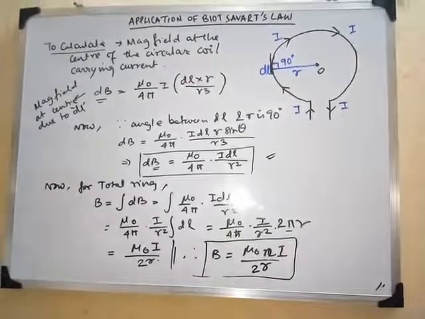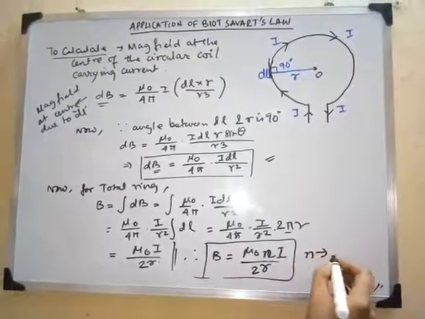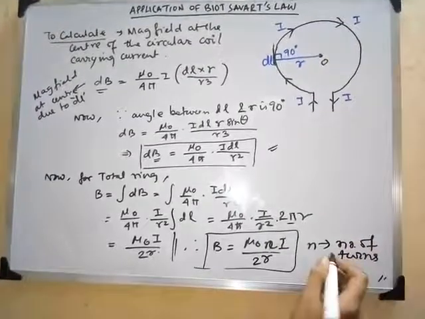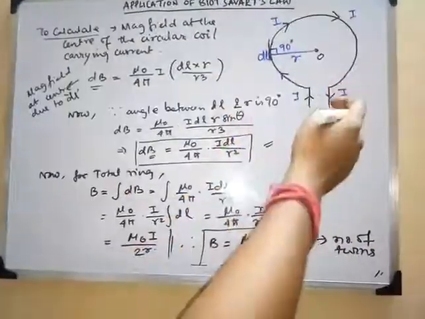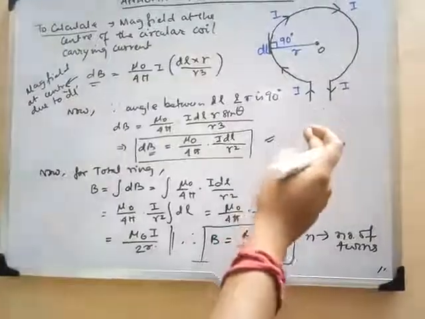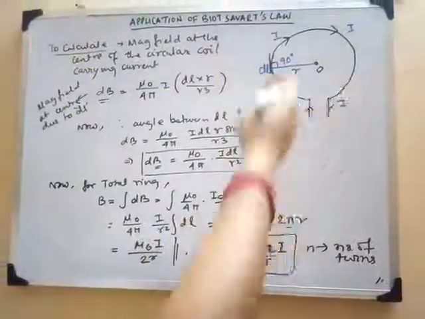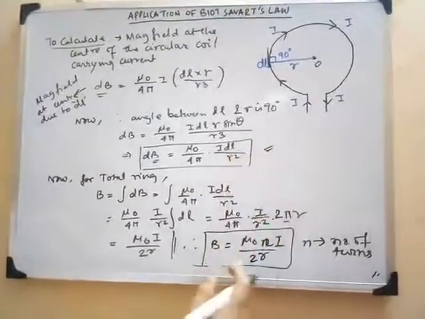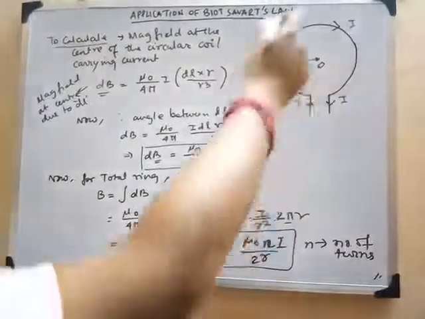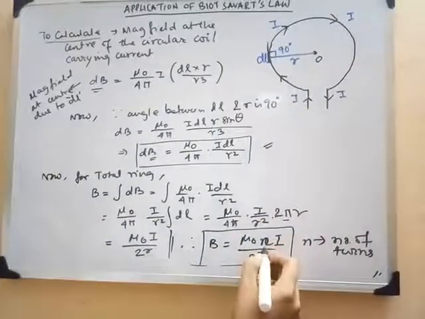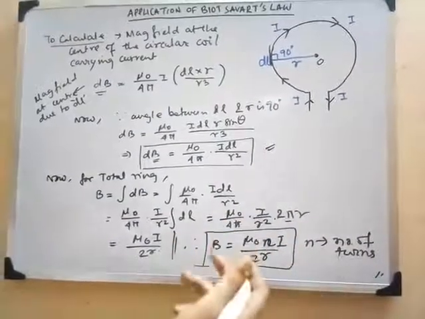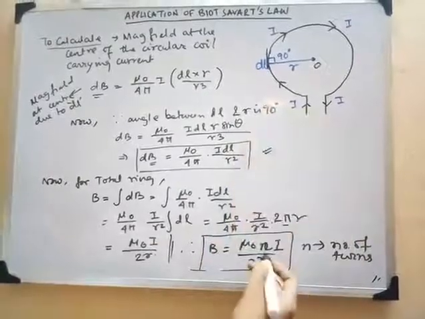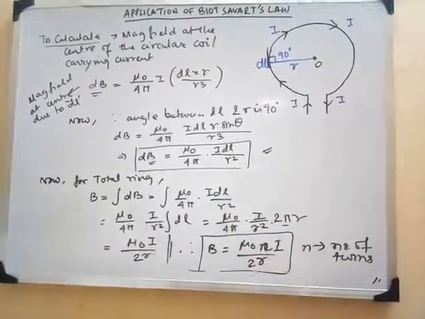Now what is n? You have to remember this, n is the number of turns of the circle. I mean, if this is one turn of the coil, it can be such that we have several turns in this coil also, like we used to have in transformers. So if there is just one single circle, you just put the value of n equal to 1, and if there are more turns, you just put the value of how many turns are there.